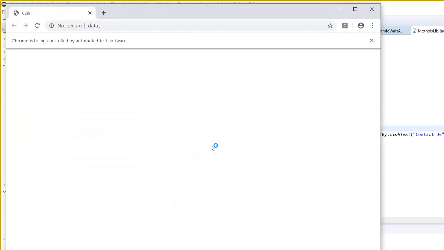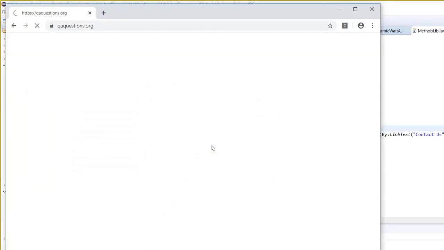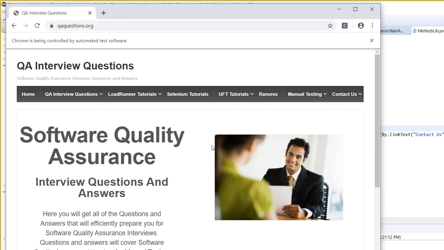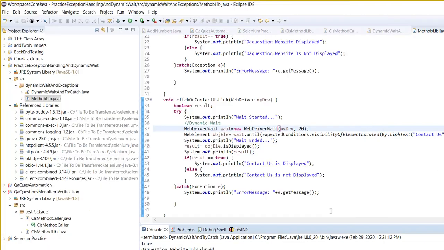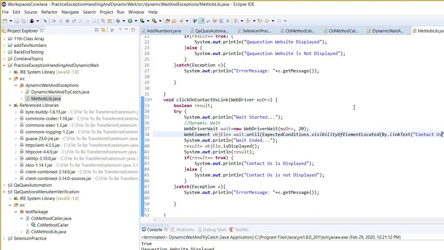So it'll do the implicit wait first. Let me explain it. Now I am there, and then contact us is displayed, right? Now have you seen any wait there? No, because contact us was there. Now if you remove this S, and do the execution,